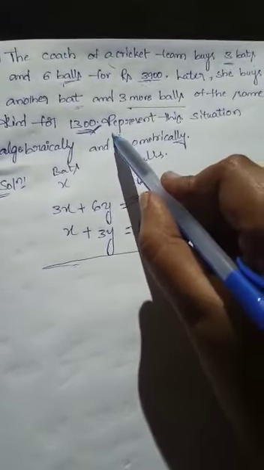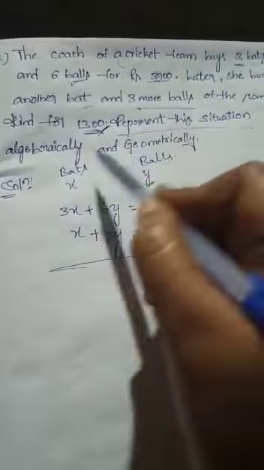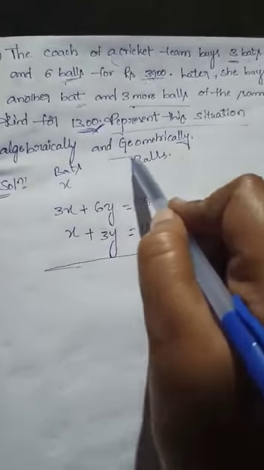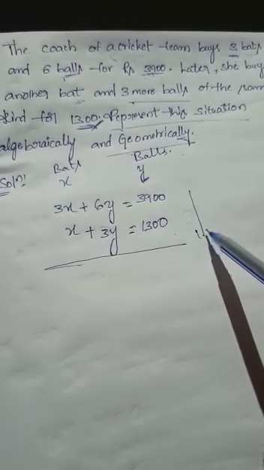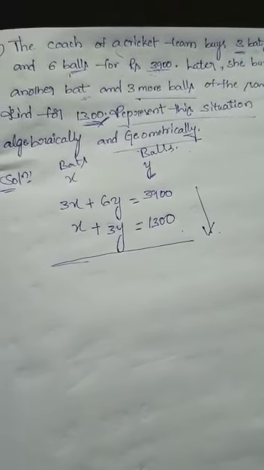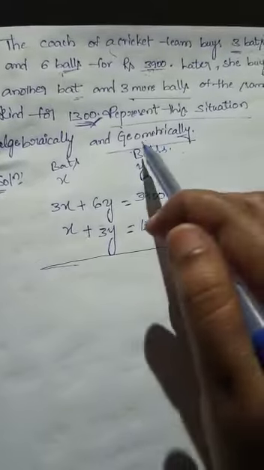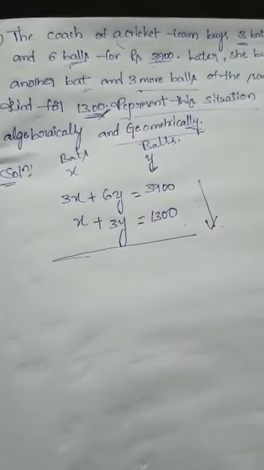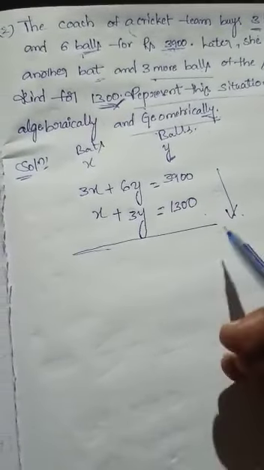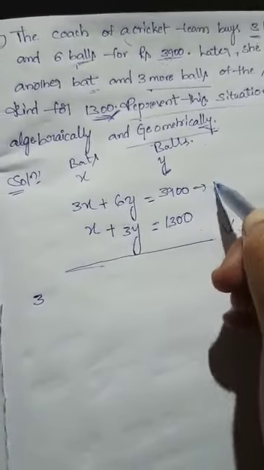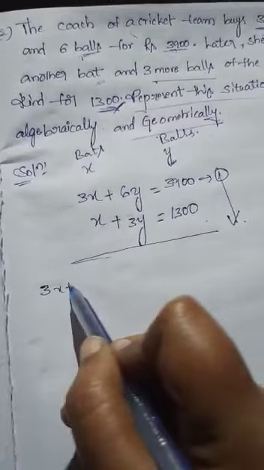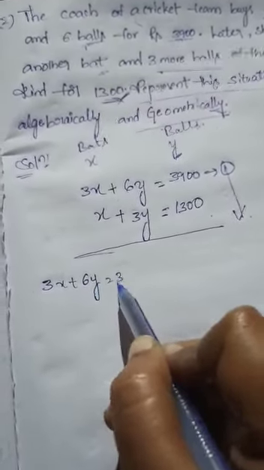Here it is asked to represent this situation algebraically and geometrically. This is the algebraic representation. Next we have to represent it geometrically. So we want some points. Take the first equation, 3x plus 6y, which is equal to